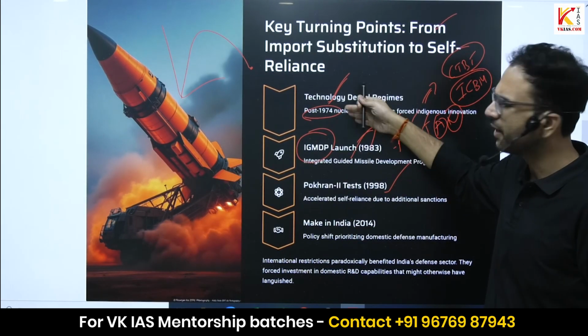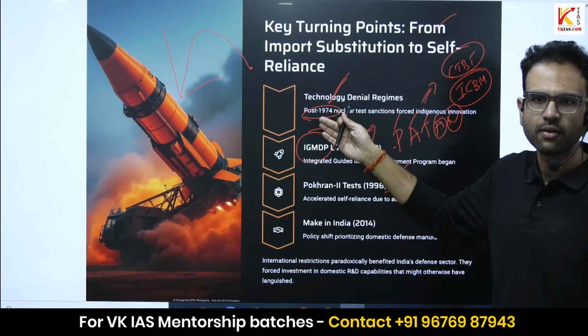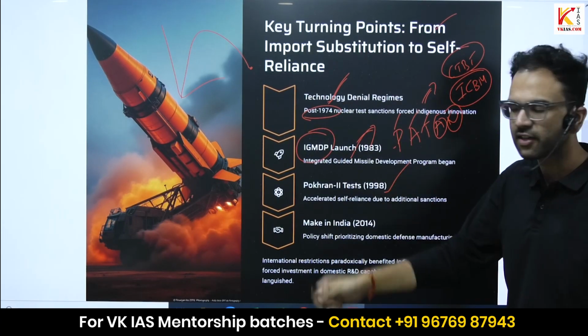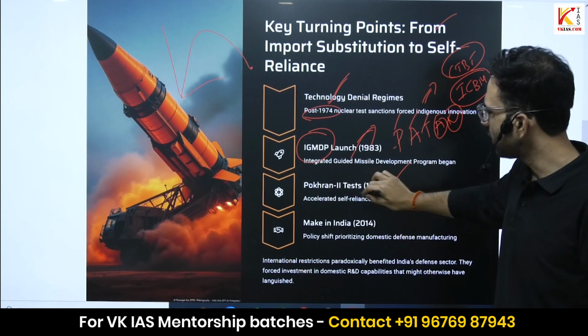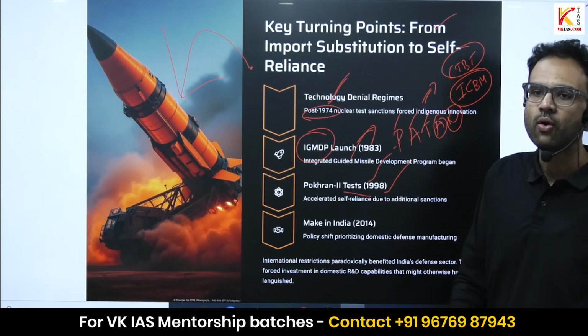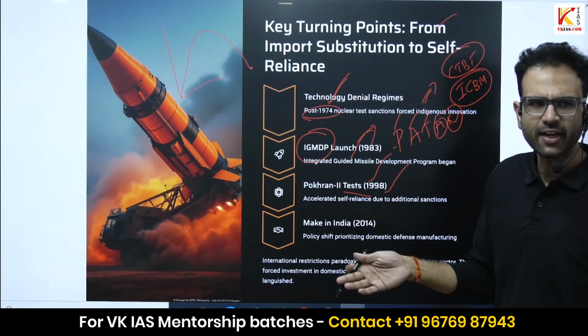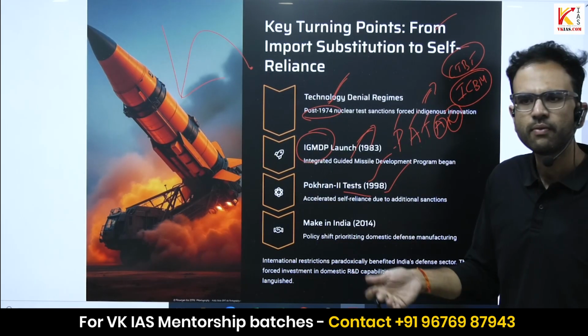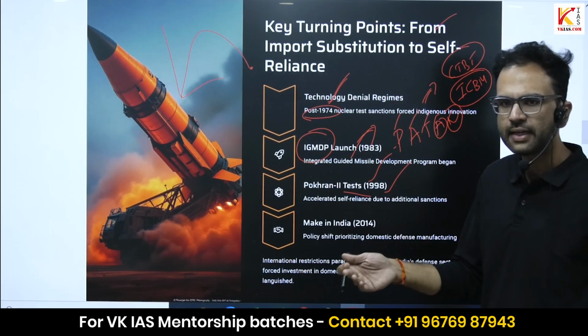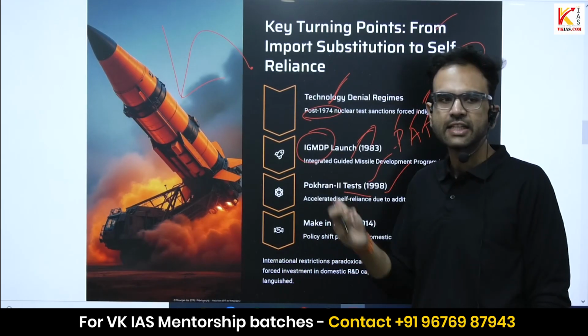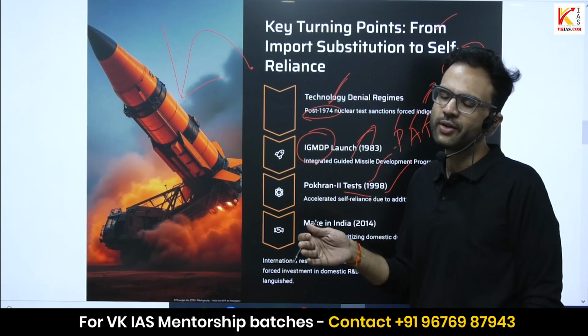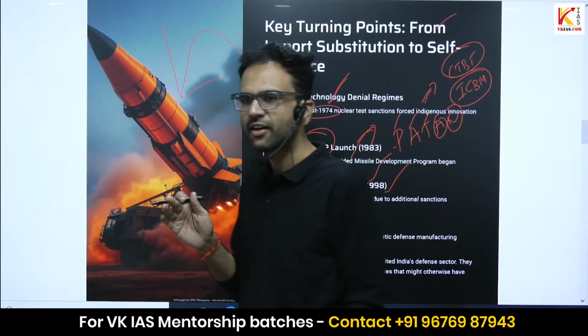Again, we'll be discussing elaborately in the basic classes of science and technology, defense sector. The Pokhran test will also be explained there. But we basically discussed what happened in Pokhran. We carried out a nuclear test. The world was not happy. Sanctions were imposed. Two years later, the US president realizes that it is not going to work.